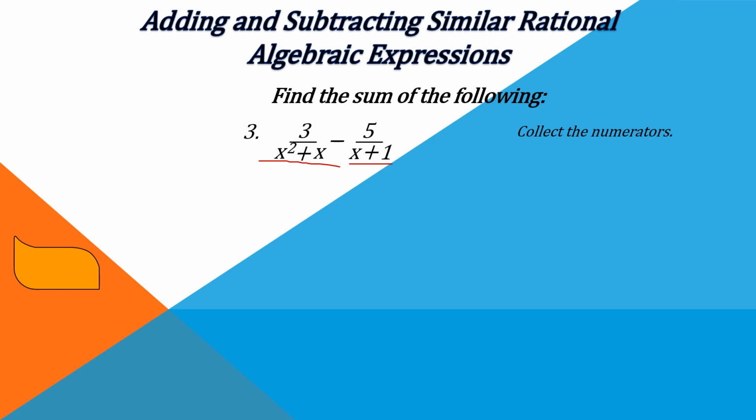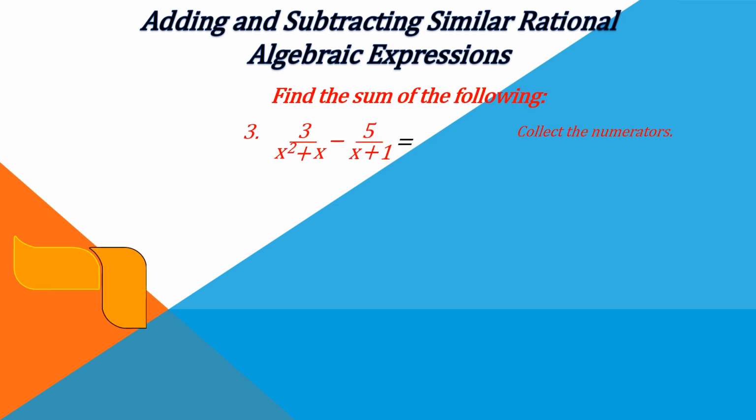If you investigate this denominator, x plus 1 is a factor of x squared plus x. So first, we need to collect the numerators, equal to 3 minus 5 over